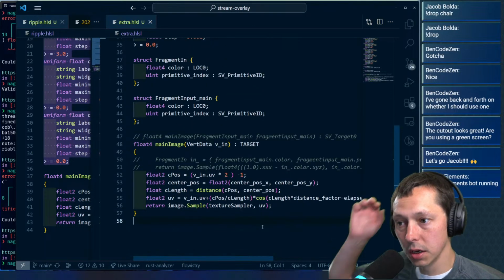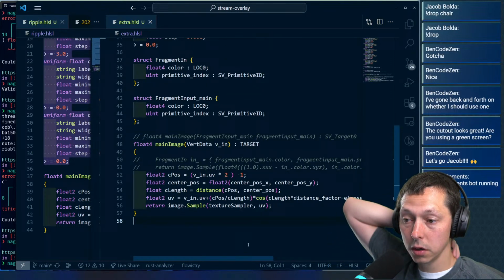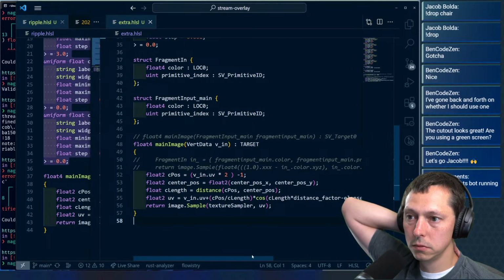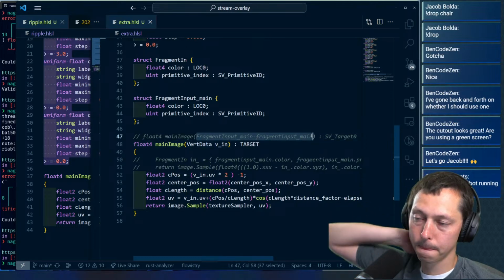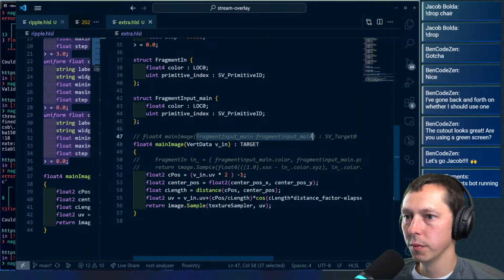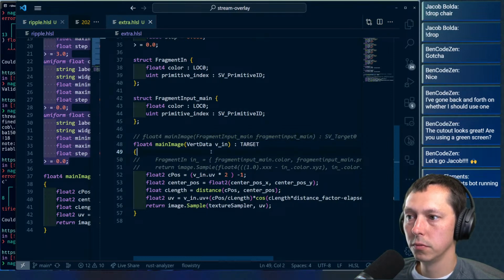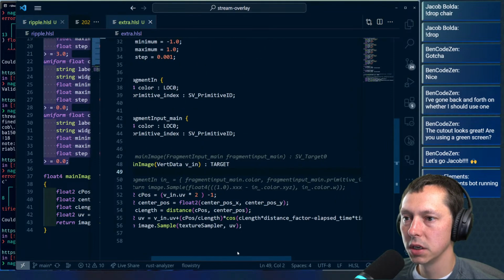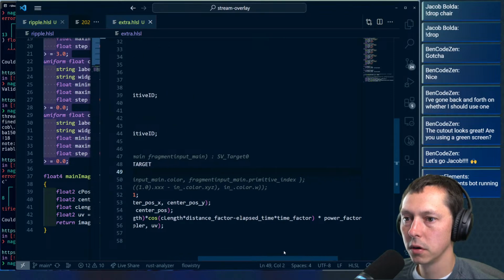It appears that it's not particularly happy if we use this. I kind of assumed they were just positional arguments that we would be able to mix and match a little bit, or like it didn't actually matter what they were named, but